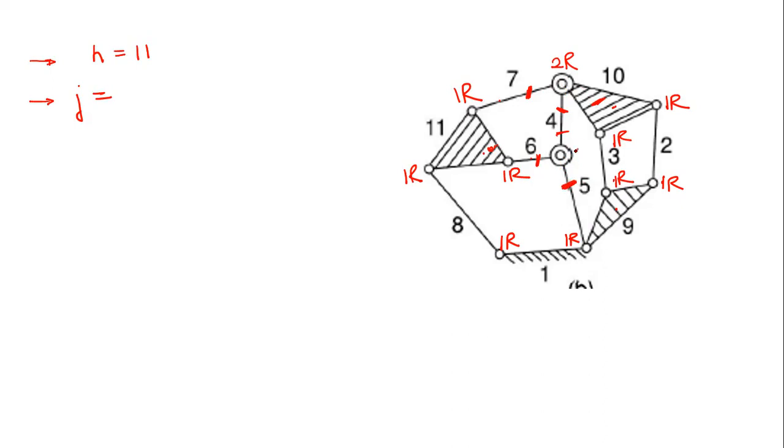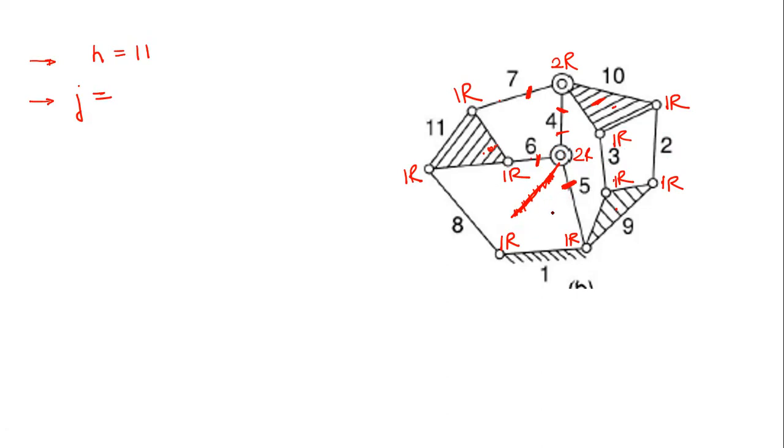2R. Okay, and always remember, let's say if I connect one more link here, then what will I write down? So this is just an assumption. So let me connect one more link here. Right. So what shall I write down here? I just connected one more link, so in that case, it will be 3R. Yes, because now it is a quaternary joint. So a quaternary joint will be equivalent to 3 simple joints, right? So just try to remember this thing, right?